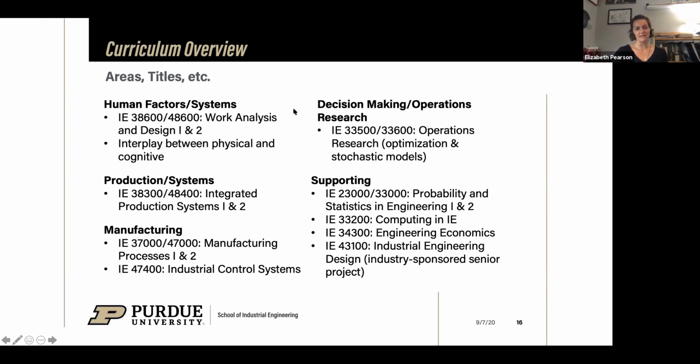So with our curriculum overview, as you can see, at Purdue, what we look for is we have our students complete the core, everything in the core foundations of what IE is. So there are these different emphasis areas within industrial engineering. If you look on our website, you'll see emphasis areas, and you don't have to choose one of those areas. It's not transcripted or anything.